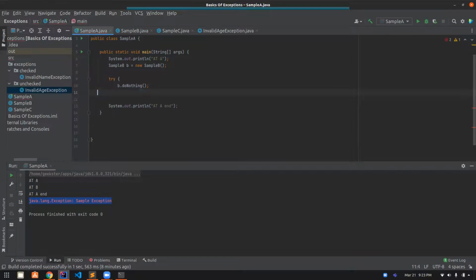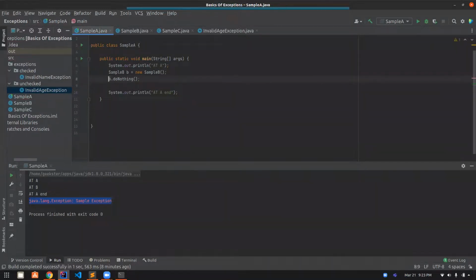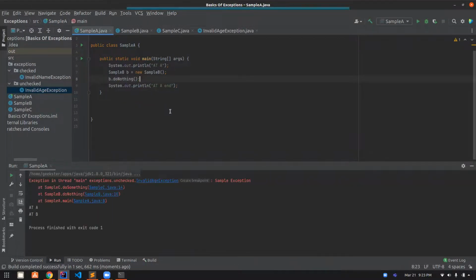In fact, if you wrap this with any kind of exception, I think any kind of exception will be caught. Okay. So if you get rid of this thing, the compiler will not force you to handle anything. Like the compiler doesn't even know that this exception exists. When you run this thing, you will then see that there is a problem here, okay? Where is that problem? It comes from B. It basically printed at A. It then printed at B, but then it was not able to print anything after that because this line here